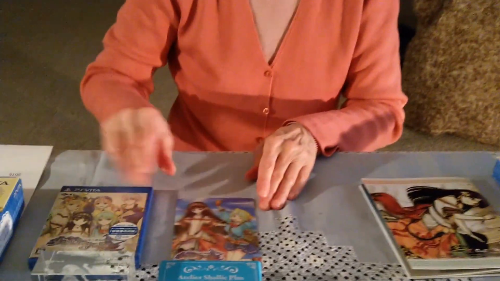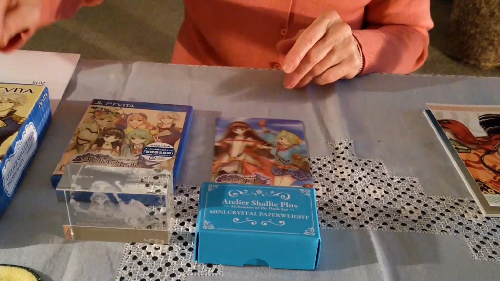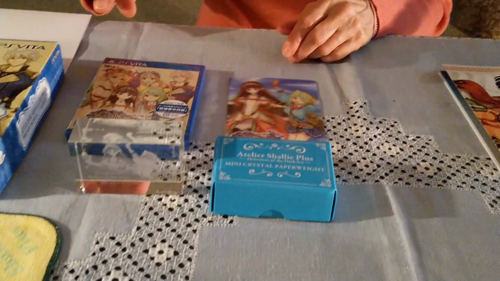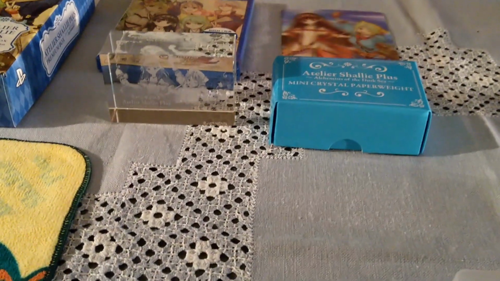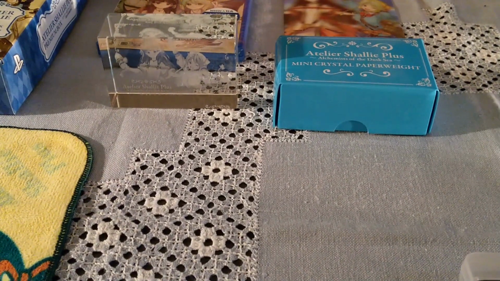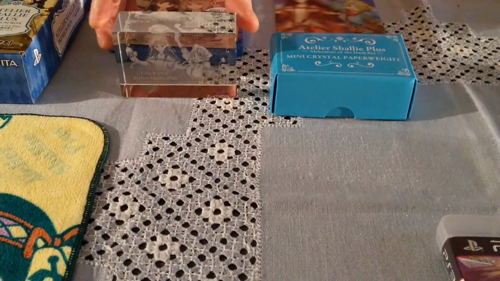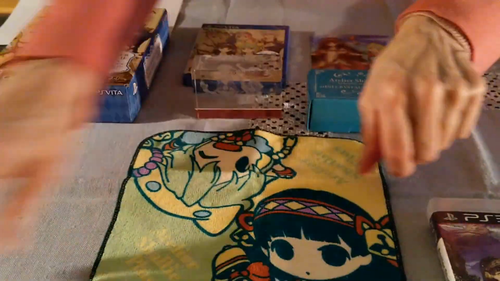So that's quite nice. But for me, the really special thing about the Japanese edition and why I wanted it was, of course, the crystal paperweight. And if you've been following my other Atelier videos, you will know by now that I developed an obsession with getting those paperweights, and I made a video once I had the complete collection. And the Shallie is one of the paperweights, and I will now just try and put it over here